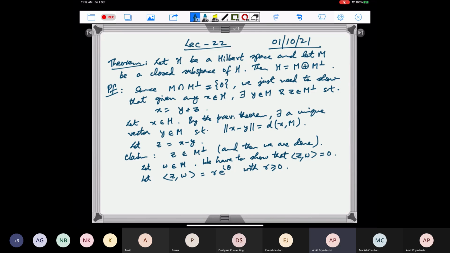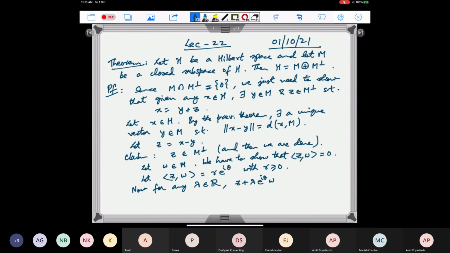Now for any lambda belonging to R, if we look at this vector z plus lambda times e to the i theta w,